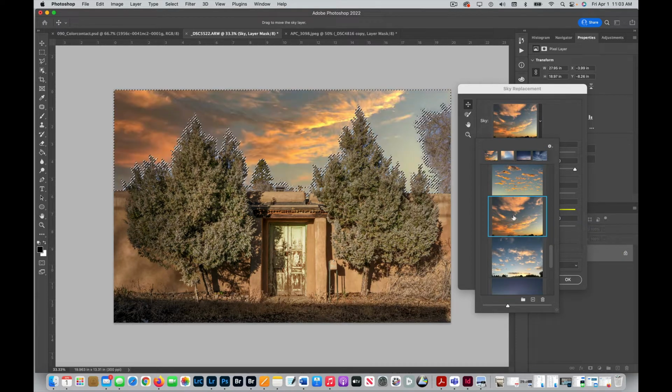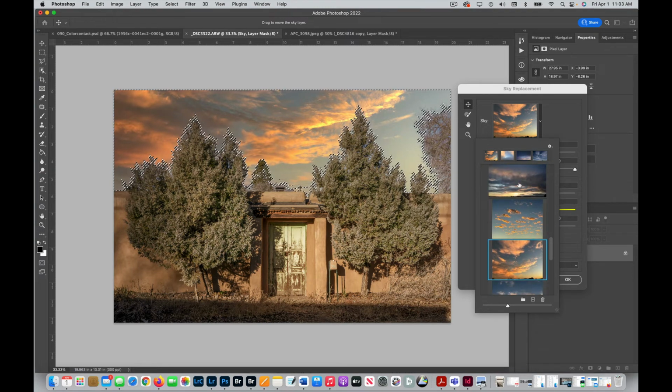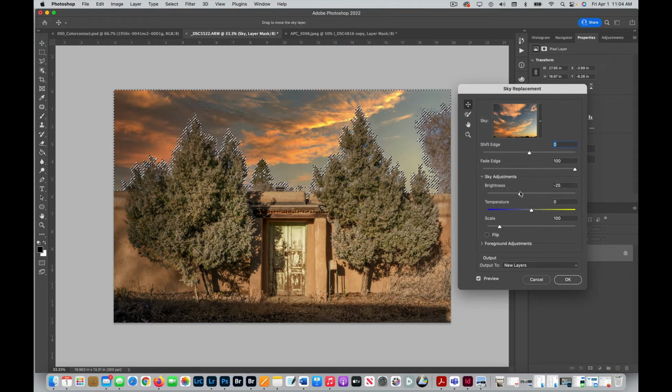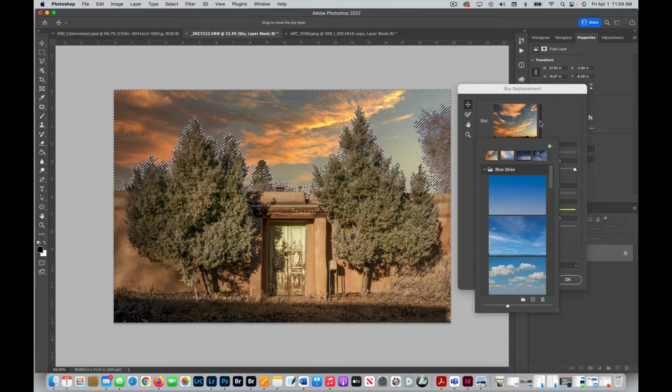This one was the one that I chose, I believe I chose initially, and I'm going to stick with that one because I like the warmth of the building. And you can change the brightness a little bit if you choose to. I'm going to. A few other things I want to point out in here is that when we're in this